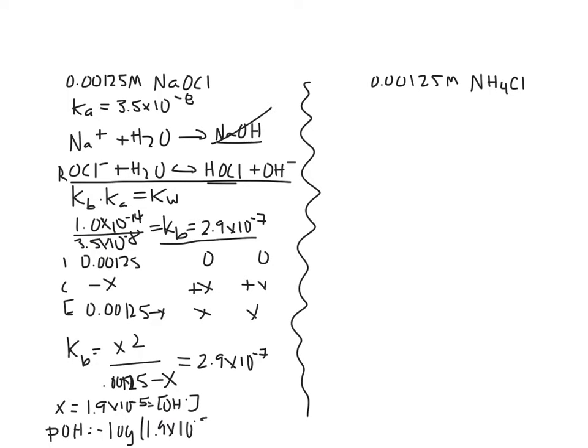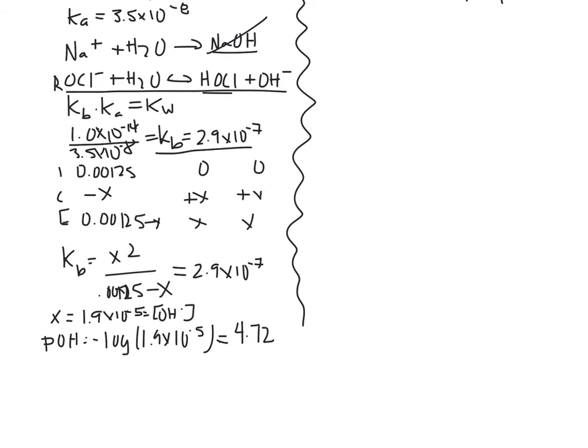And so I should get 4.72. Similarly, that's going to be my pOH. I can solve for pH easily. So we know that pH plus pOH equals 14. So when we subtract here, we get the pH